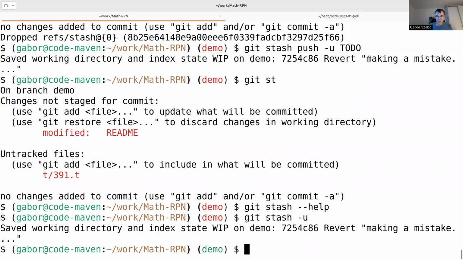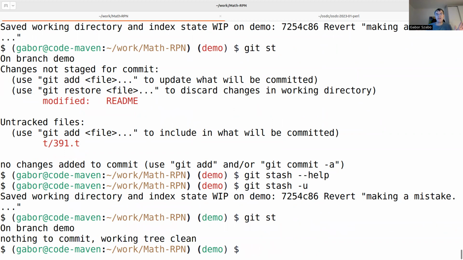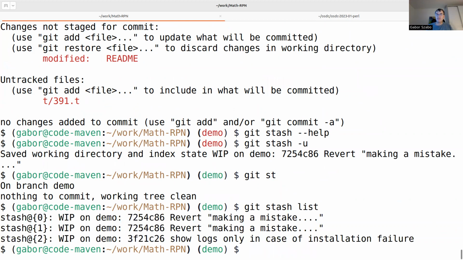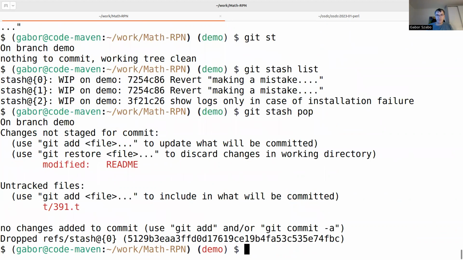Okay. So now if I run git status, you can see it's clean. And if I run git stash list, then okay, I have this. Okay, let's see this git stash pop. Okay, I got back the 2 files, and now let's do this git stash minus u minus m